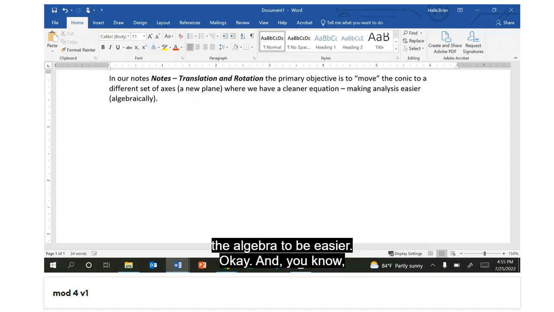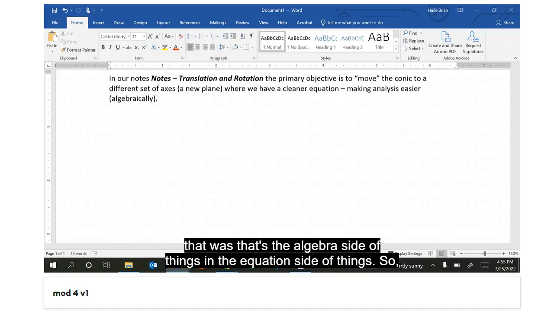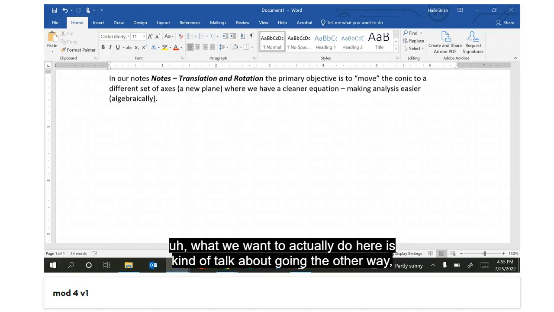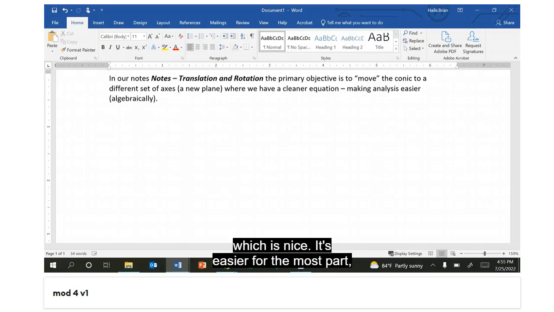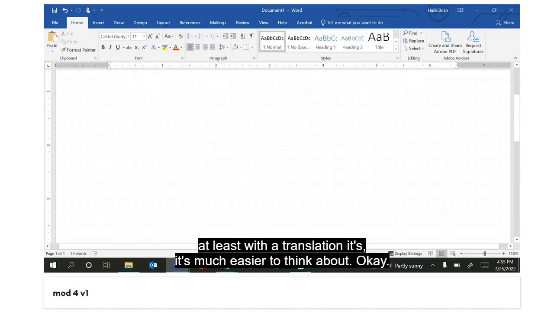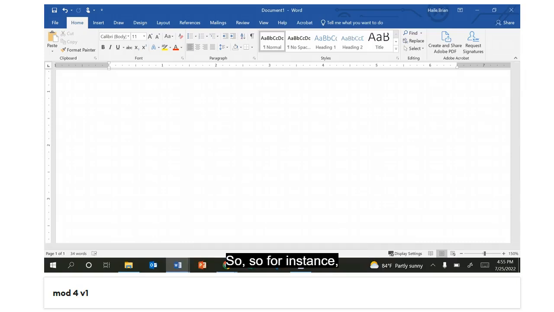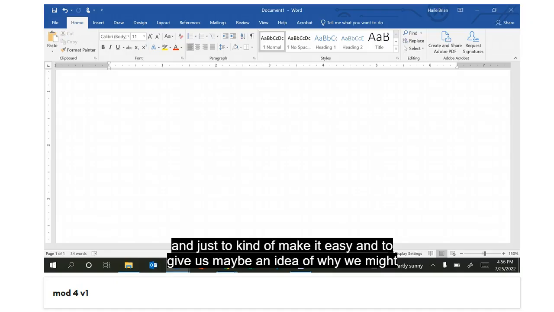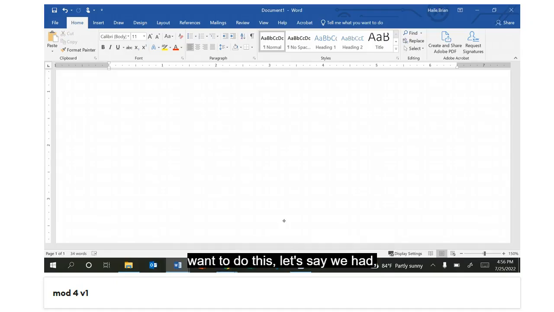Okay, and if you notice, that was primarily the algebra side of things and the equation side of things. So what we want to actually do here is talk about going the other way, which is easier for the most part. At least with a translation, it's much easier to think about. So for instance, to give us an idea of why we might want to do this, let's say we had